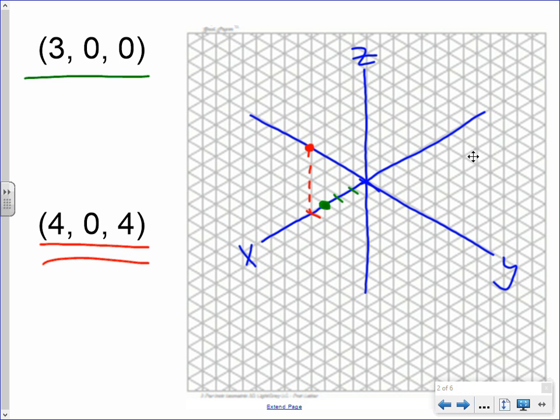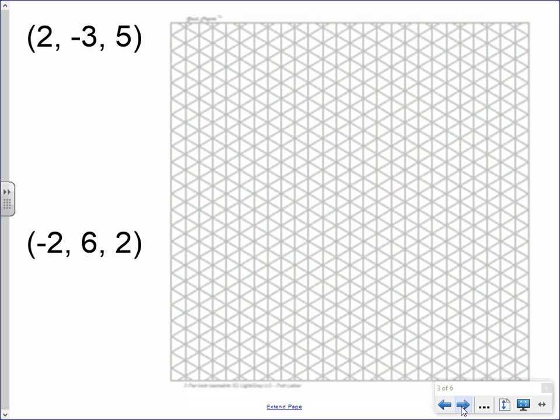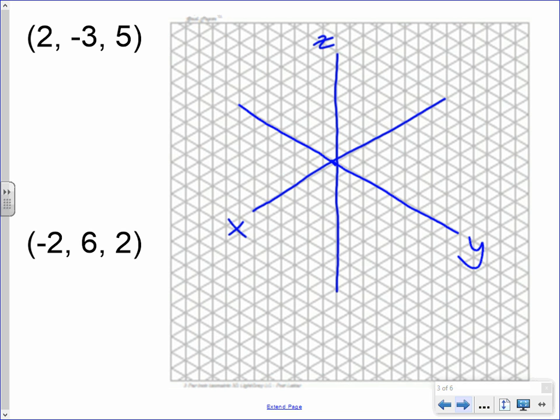Okay, we're going to do 2 more points. You can do these on the same set of axes, but I have to draw a new set, so bear with me here. Here is Z. Okay, now we're going to plot 2, negative 3, 5. We're going to move in the xy plane first, and then we're going to move our z coordinate. So if we move 2 in the positive x direction, 3 in the negative y direction,